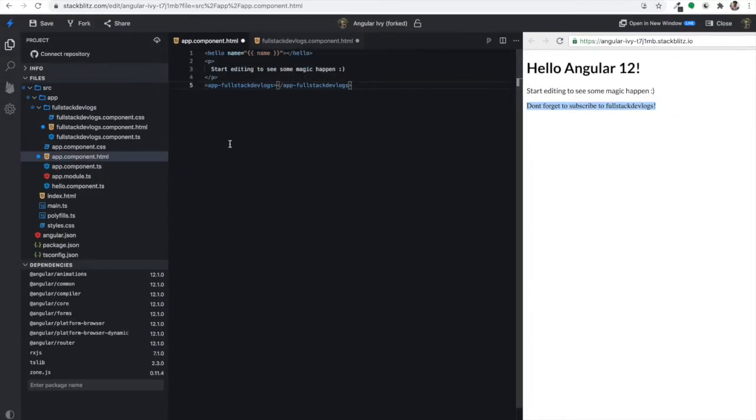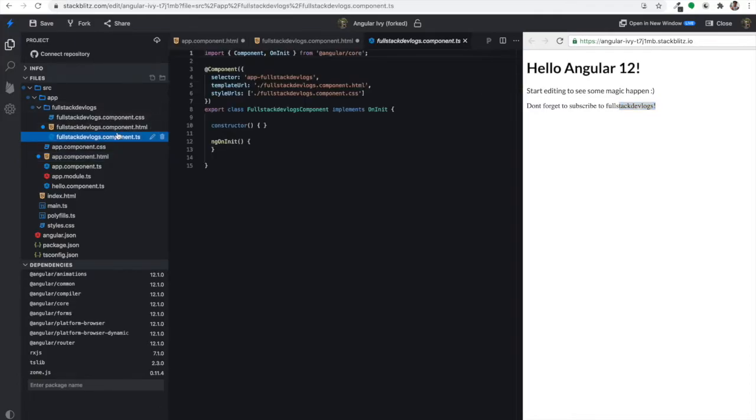Next, we want to see how we can generate a pipe. So what is a pipe? We give any content to render to the runtime of Angular, and we want Angular to quickly transform the content to something meaningful. For example, let me give you a quick demo of it.